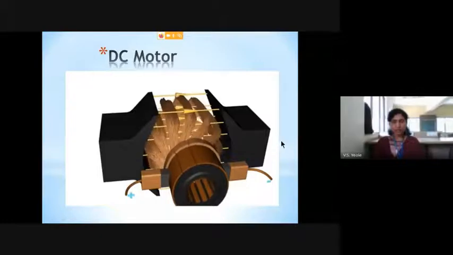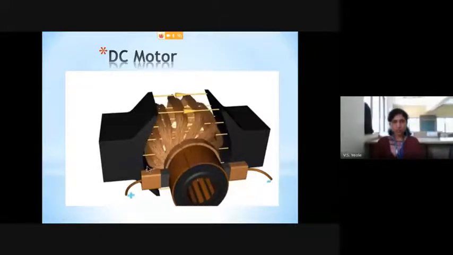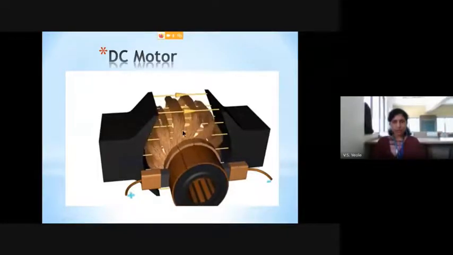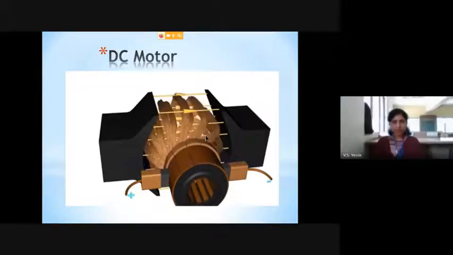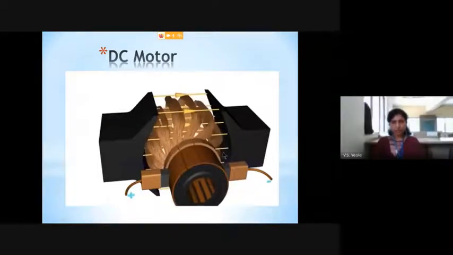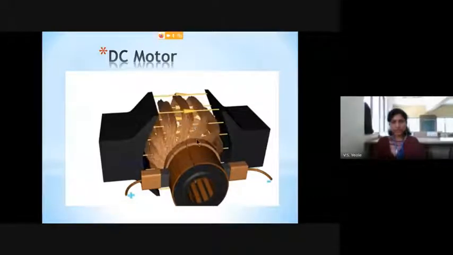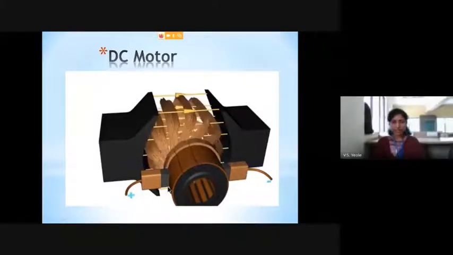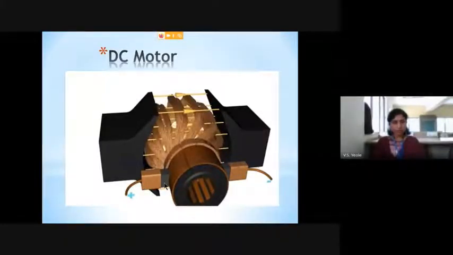animation. In this one, you can see that these are the two field poles. This is the armature winding, which is wound over the armature. Each winding, you can see that it is connected to commutator. Okay, and this commutator is finally connected to the brush. So in this one you can say that brush is sliding over the